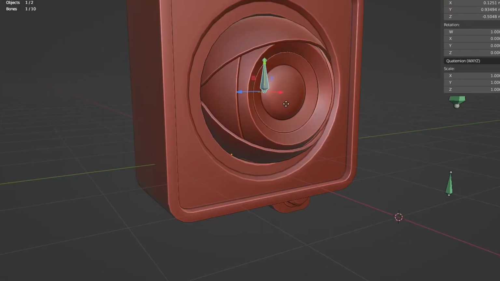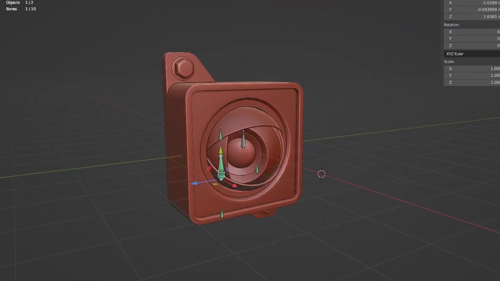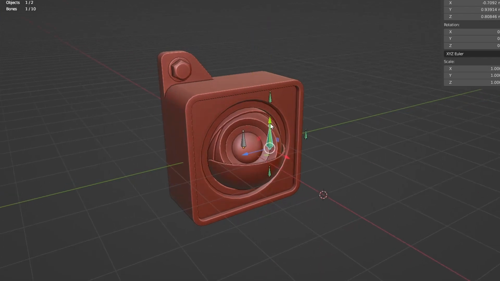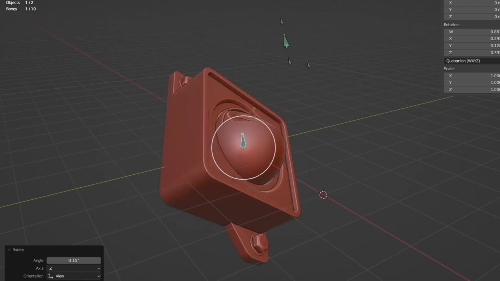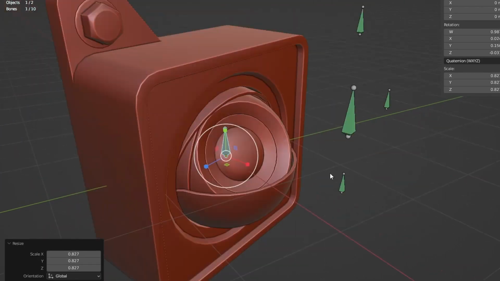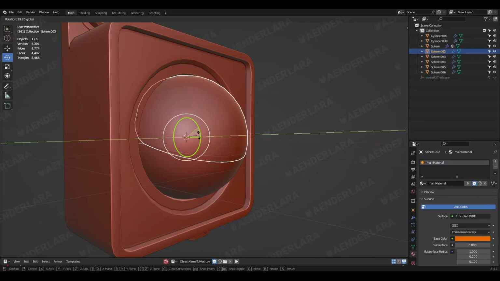Hello, welcome back to my second tutorial. Today, we are going to rig this little mechanical eye using constraints and creating controllers to make it easier to use. And hopefully, at the end of it, you will have some idea of what kind of workflow I use to rig my models. I'm going to start by organizing my mesh.